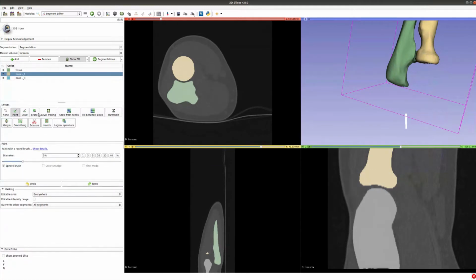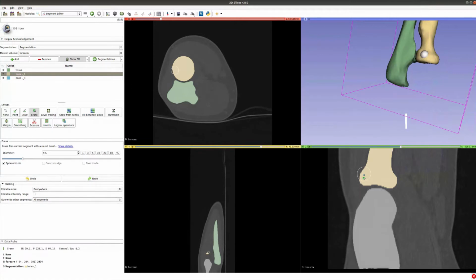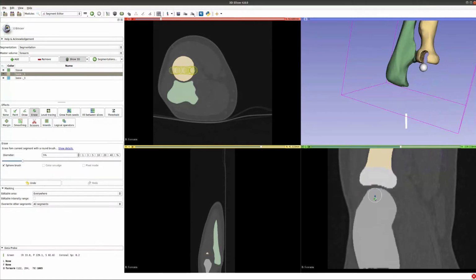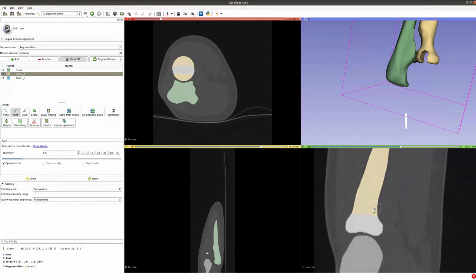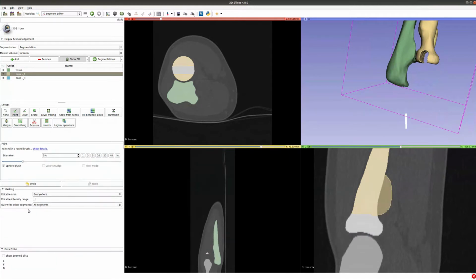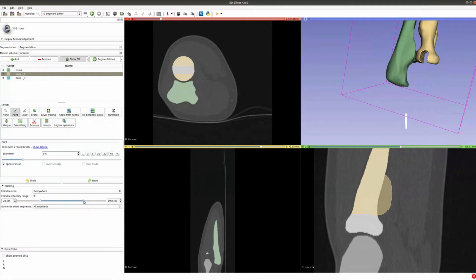So I wanted to erase first from this area here. And then we could also add, which is done exactly the same way, like this here. Another thing you can note is this editable intensity range. So in fact, let's say that you manually want to